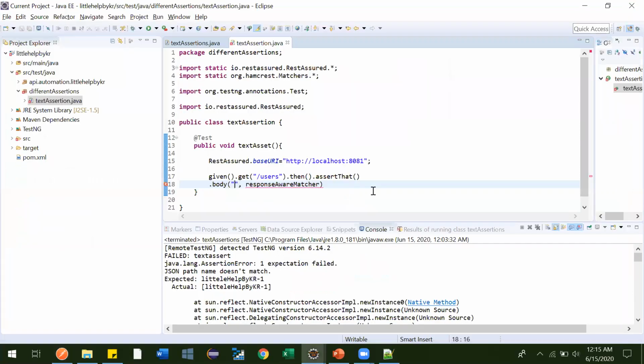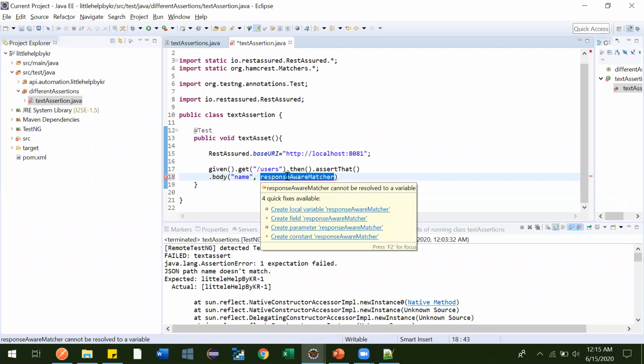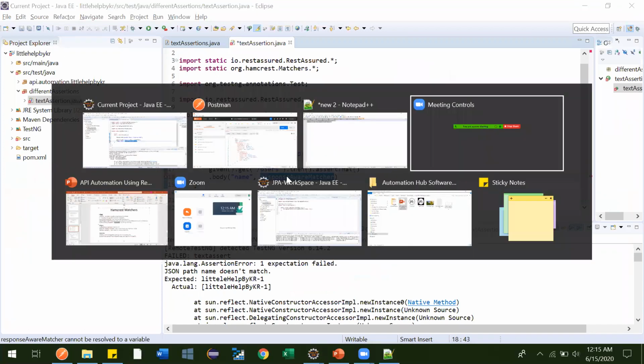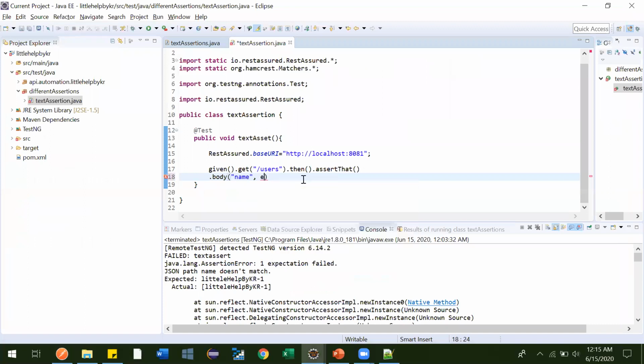From the body, I am going to fetch the name, and the first assertion we are going to learn here is equalTo. Let me write equalTo. This method comes from Hamcrest, so this import is very important.